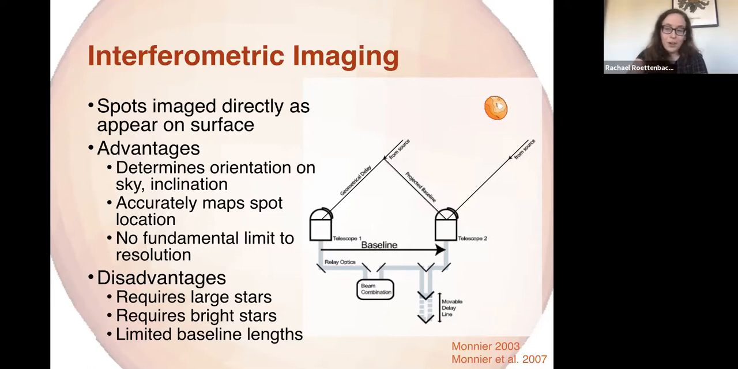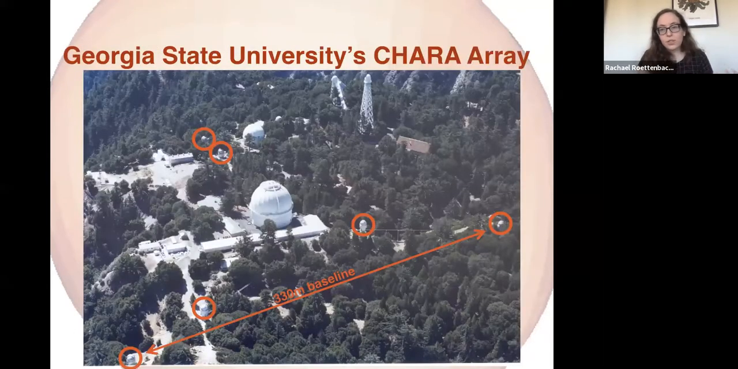And as a result, we presently require our stars to be pretty large. Stars are on the order of about 1 milliarcsecond, which is quite small, but in order to be able to see features on it, we need to see sub-milliarcsecond resolution. And we also need pretty bright stars because of all the mirrors that are involved. And so the best option for seeing those sub-milliarcsecond features on the star is actually to use the